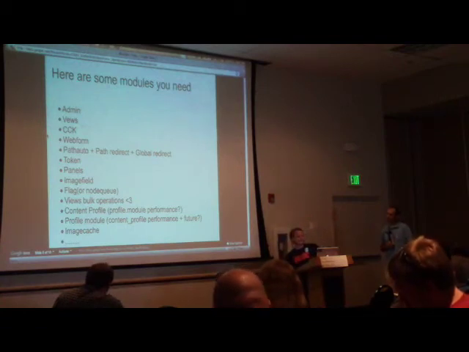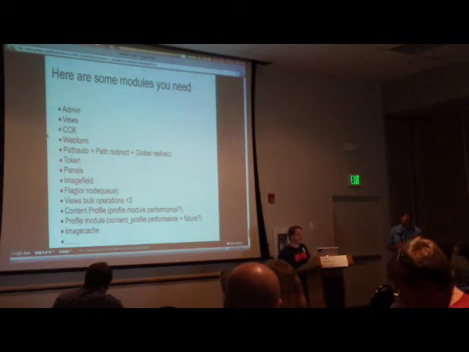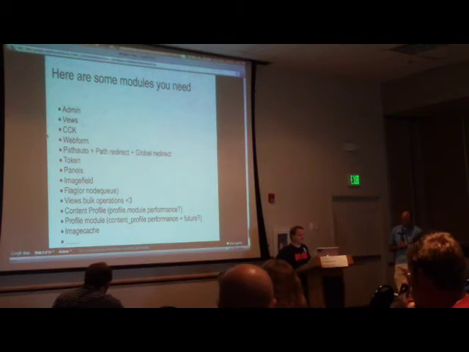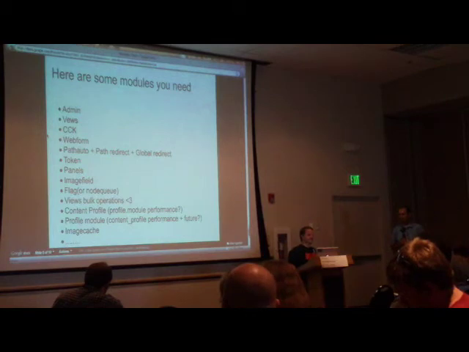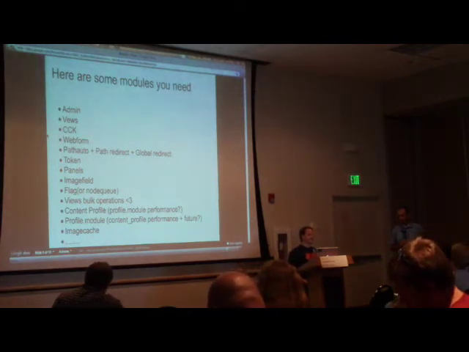CCK is pretty similar in that regard. I personally don't like hand-building content types. I like being able to just say I need a content type and say what fields are on it, and CCK does that. You can create a new content type and add field definitions in probably 10 minutes, as opposed to spending an hour custom developing a module to handle all that for you. I don't know of anyone at this point, except maybe really high-performance sites, that are still building their own content types. Pretty much everyone has moved to Views, and I think even in a lot of cases, those high-performance sites are just using caching and still using CCK for building all their content types. So,